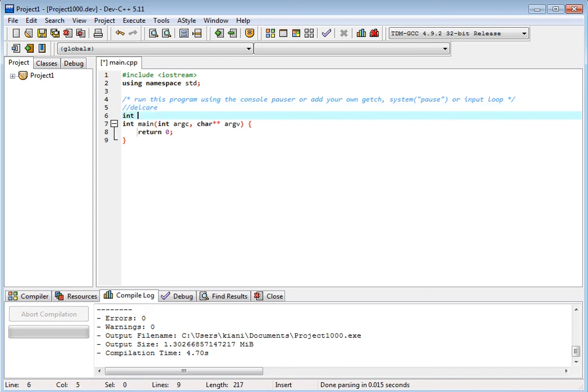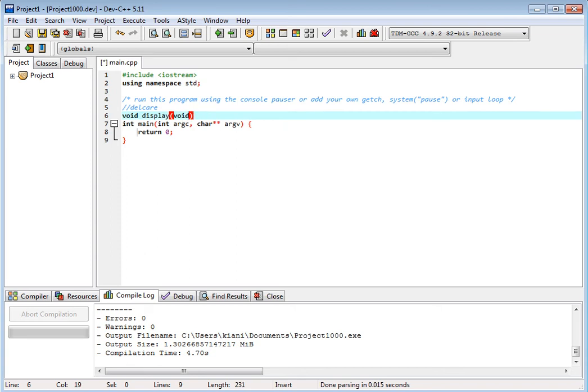For example, we have integer add a b. No, not add. We have a void function. Void display. Display function. This is simple, okay? Display function, and it will not have any argument. This is void, no argument.